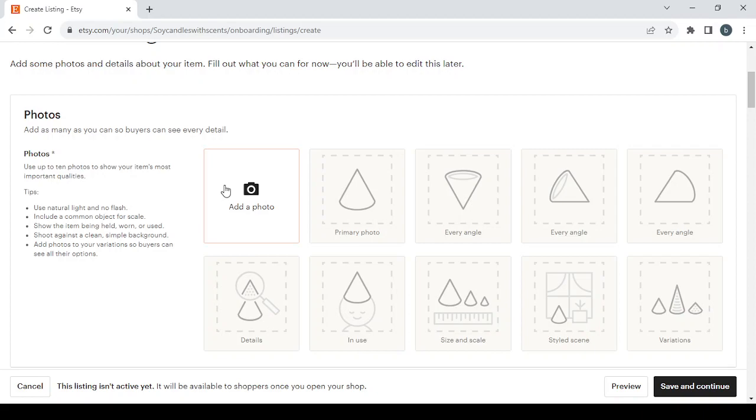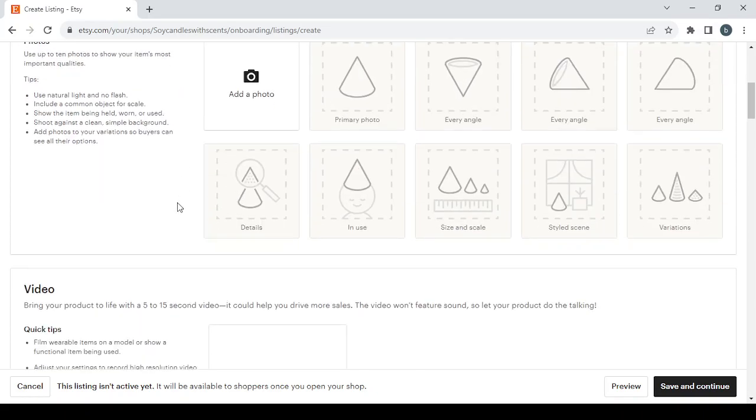As you can see, you need to add a photo, primary photo, every angle, variations, and so on and so forth. And also just follow these tips. Use natural light and no flash. Include a common object for scale. Show the item being held, worn, or used. Shoot against a clean, simple background. Add photos to your variations so buyers can see all their options. So here just follow these tips to make the perfect photos for your product, and when you're done you proceed